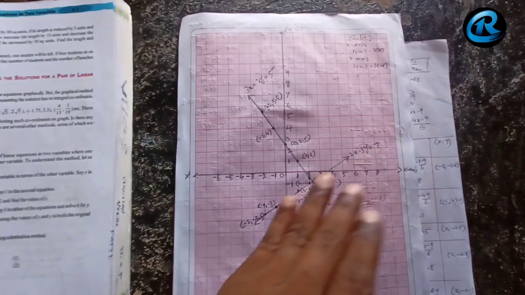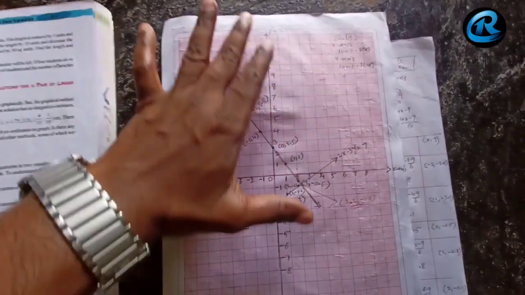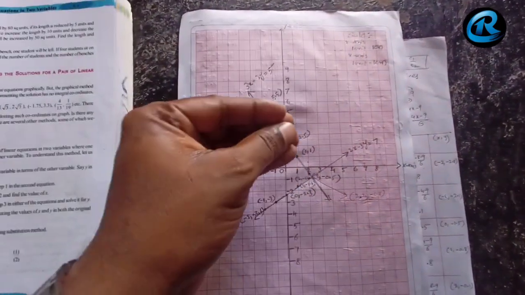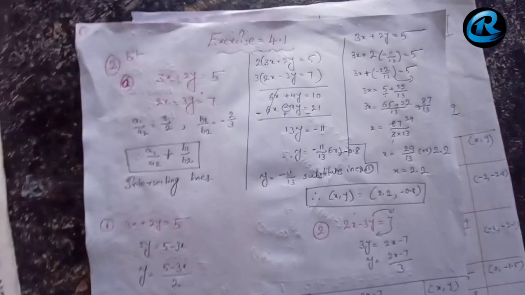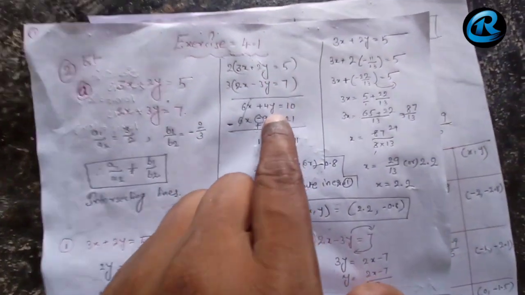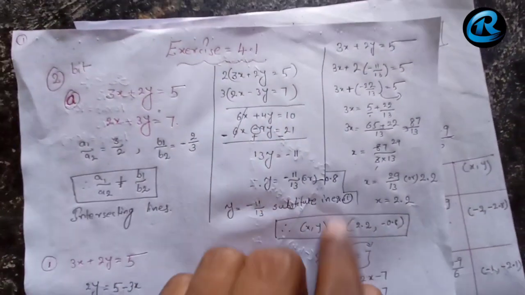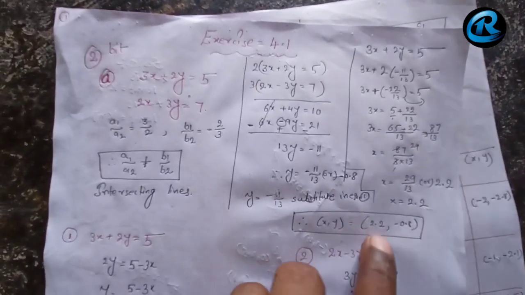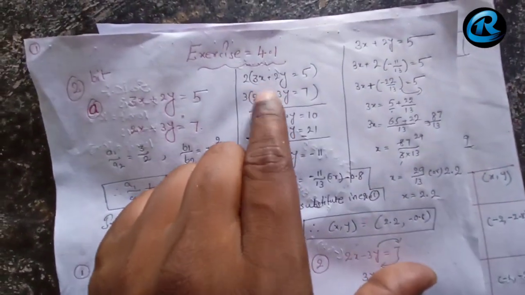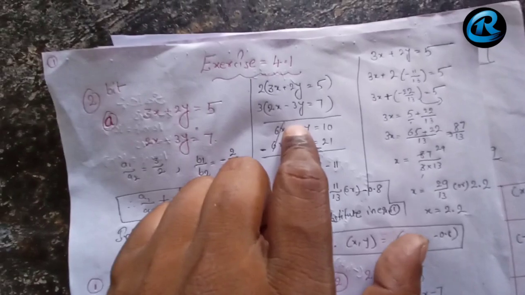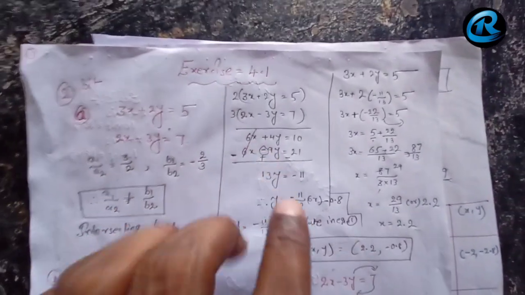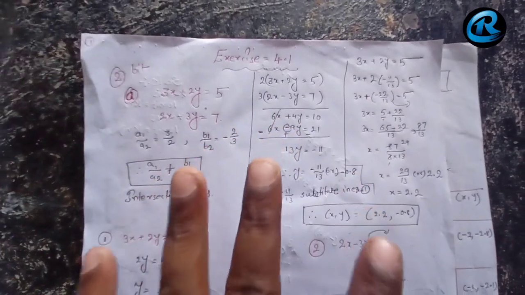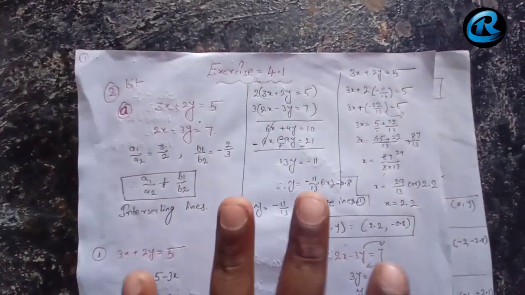If it is going to intersect at 50, 60, it will not be on your graph. Then how can you show the intersection points? To avoid this problem, for intersecting lines, if you solve the problems in the elimination method, then you will get x comma y values. As we know how to do the elimination process, and in our next exercise we will also do tens of problems, 30 to 40 problems, on the elimination method. You will get an idea.